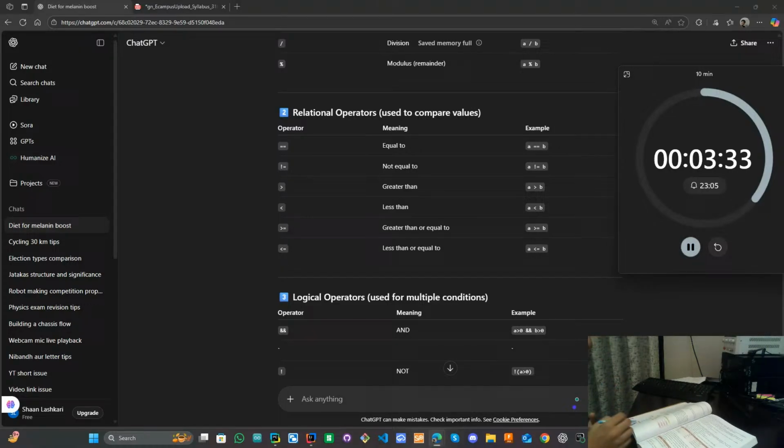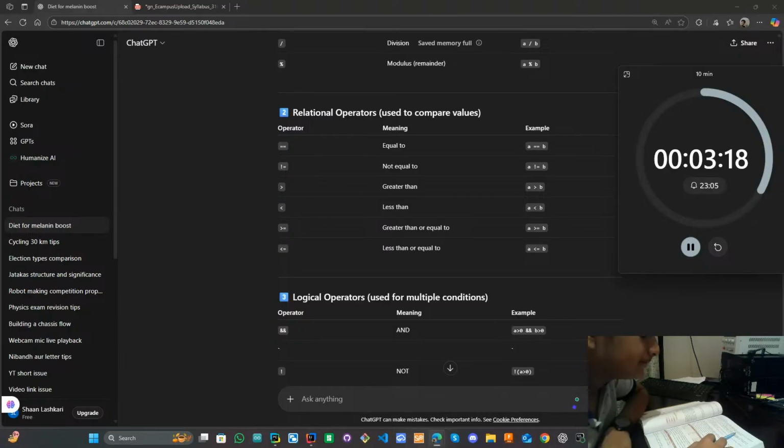Okay, integer, floating point, or non-numeric, non-primitive. Independent, and we have